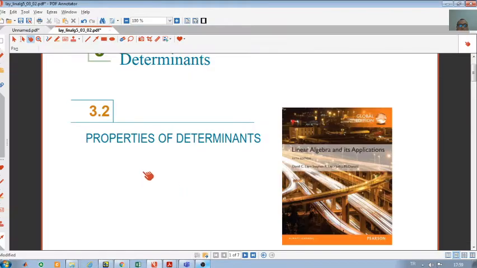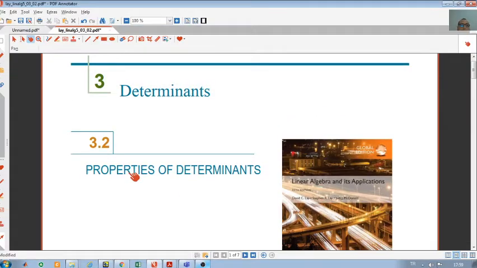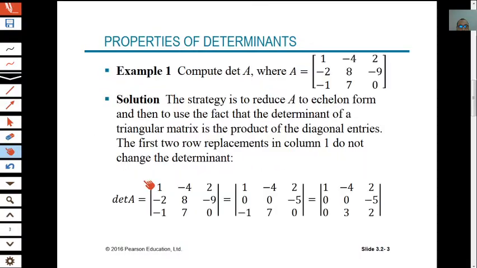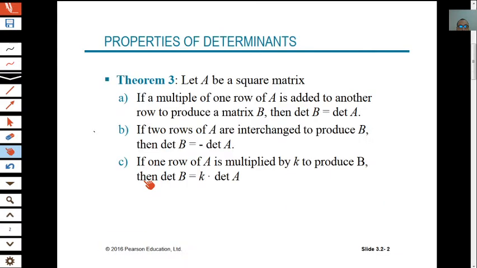Hello everyone, in this video we will cover section 3.2. In this section we will see properties of determinants. So firstly we will see Theorem 3. In this theorem we will investigate how the value of the determinant changes when we apply row operations for